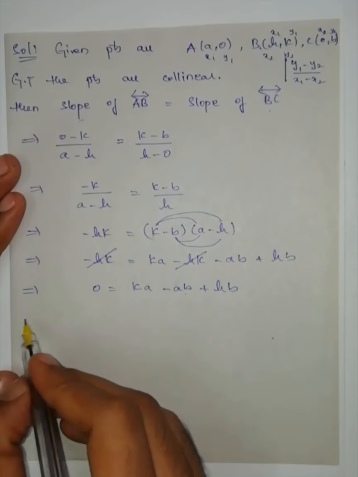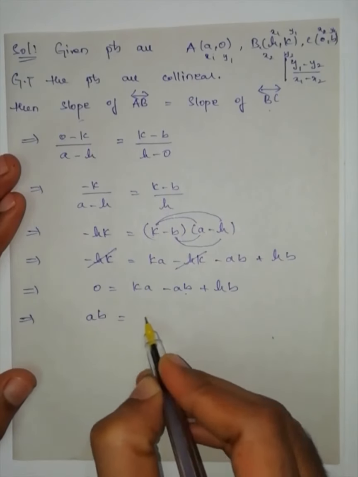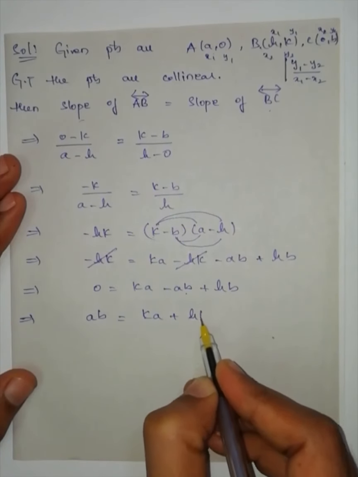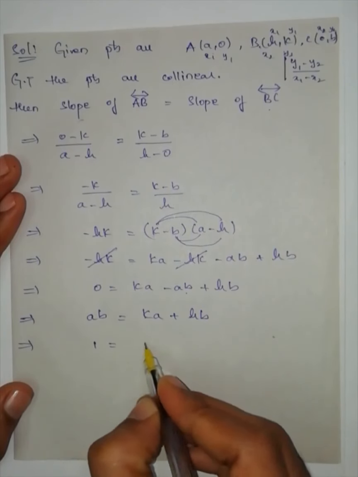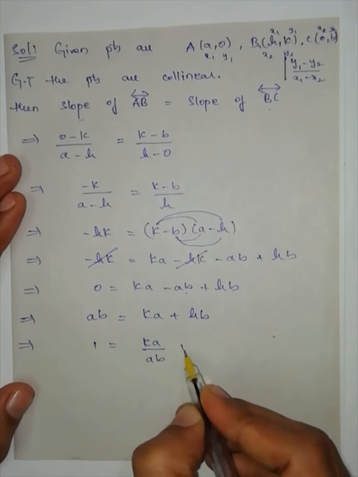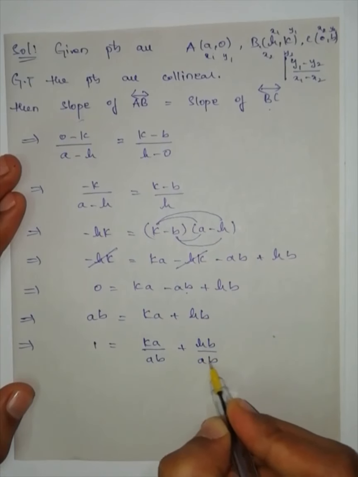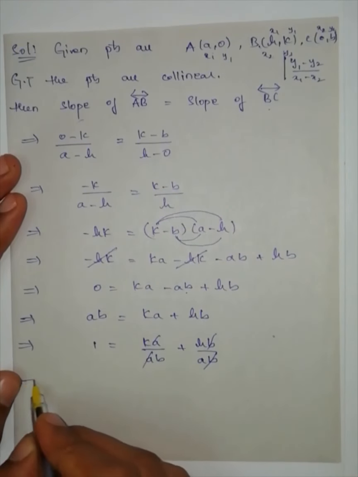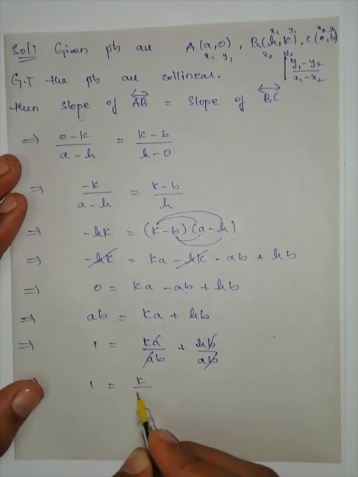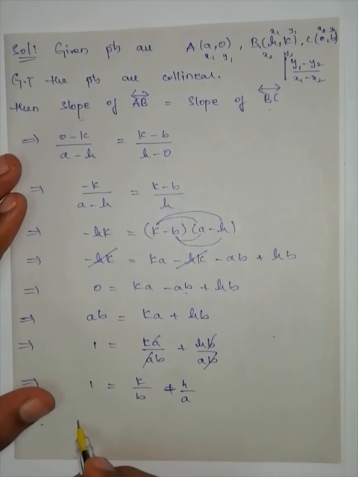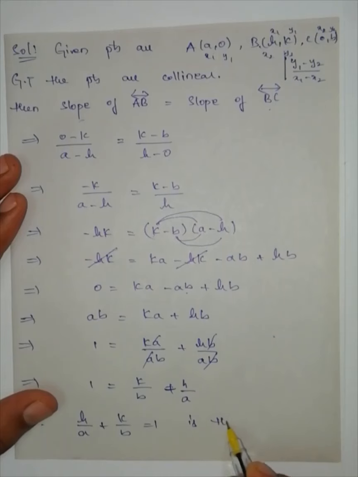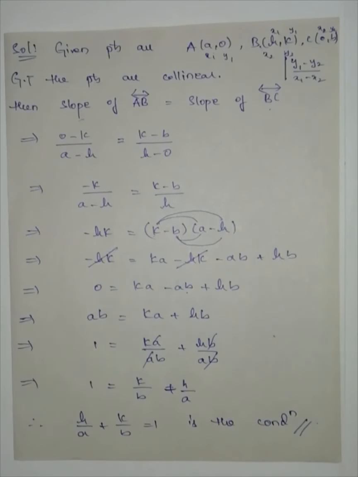Now I am sending this ab here. ab is equal to ka plus bh. Dividing ab on both sides, 1 is equal to ka by ab plus bh by ab. b, a get cancelled. This implies 1 is equal to k by b plus h by a. Therefore, h by a plus k by b is equal to 1 is the condition. This is the condition we have to